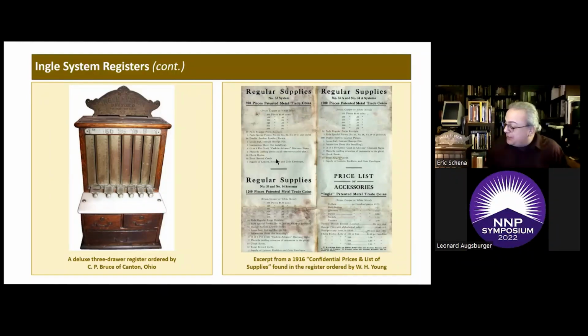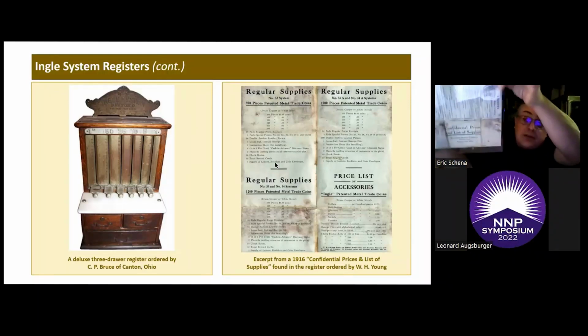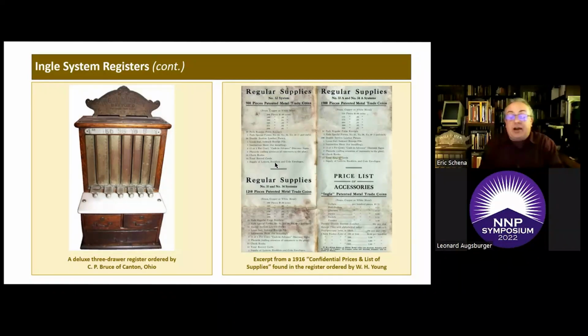Now, the Young register was very interesting because not only amongst those receipts were stuffed in there, but he also saved 2 things that are invaluable for researchers. And the first and foremost is this thing, which is a price list. This is a price list of the supplies that you could order from the Ingle company. It's a 1916 one that the Ingle system mailed out, and you could buy legal forms, sales forms, memoranda. You could even order the register if you needed it, or refills on the patented metal trade coins, and